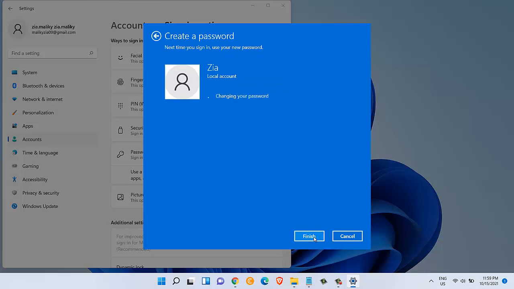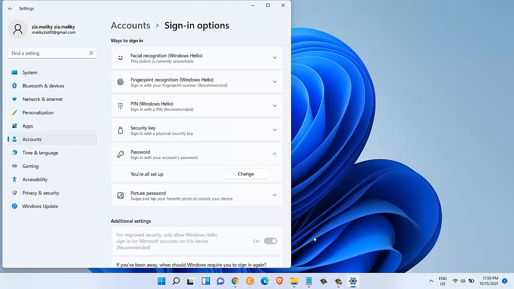So pretty straightforward process. There you go guys, hope I was able to help you set a password on your